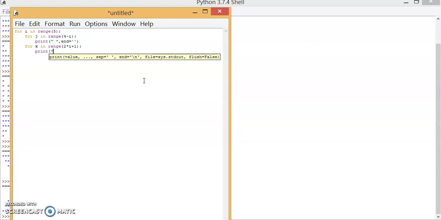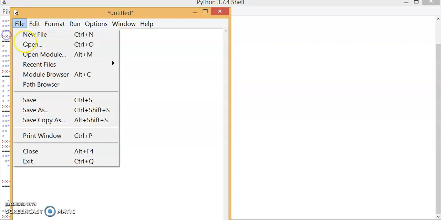I just want you to remember that it is very necessary to maintain indentation while doing Python programming like this. This statement is for this, so it should be behind this, and the indentation matters. That is, the spacing matters the most here. So now print. Let's see what happens with this.